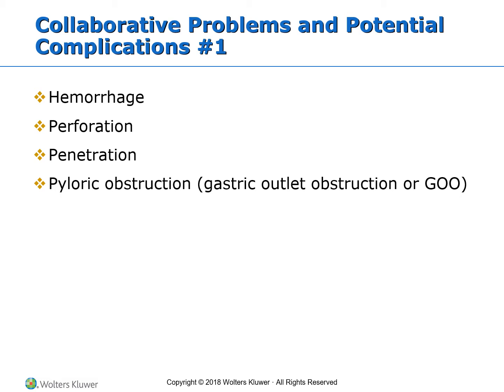Perforation has already been covered, but it's an erosion of the ulcer through the gastric serosa into the peritoneal cavity. It requires immediate surgery and is the most lethal complication of peptic ulcer disease. Penetration, on the other hand, is an erosion of the ulcer through the gastric serosa into adjacent structures. So instead of going into the peritoneal cavity, the erosion goes into the pancreas, biliary tract,